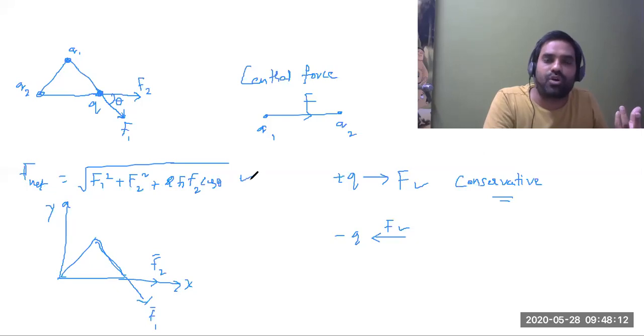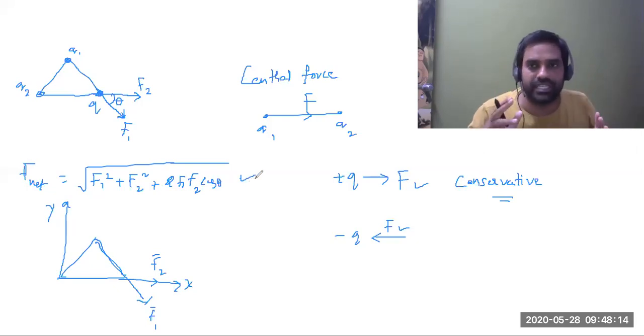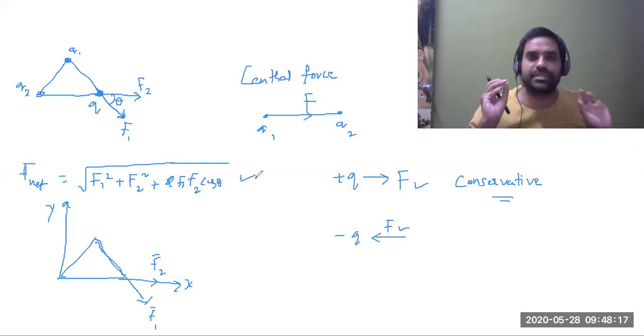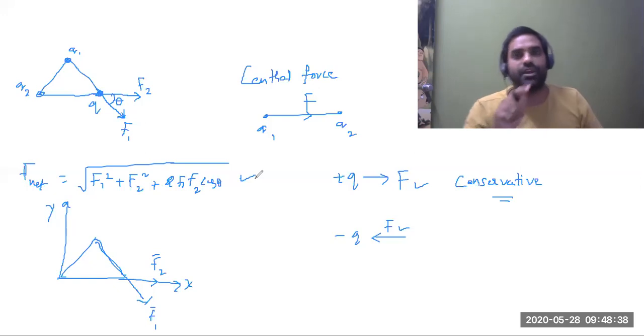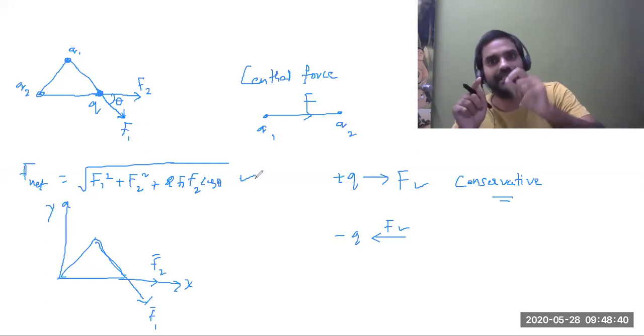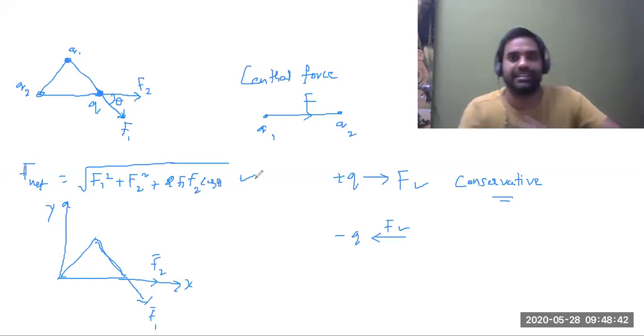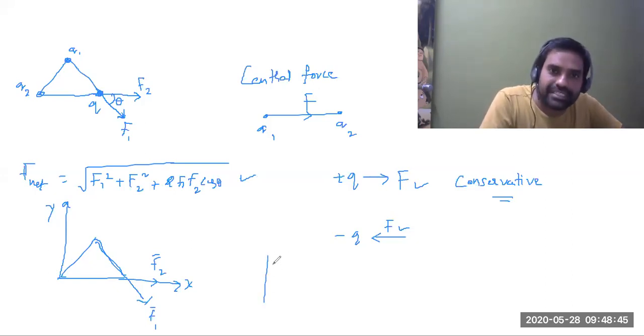What I want to conclude here, students, is that since force is a vector quantity and Coulomb's law has given a simplified formula for point charges, use that formula as it is, but when you come across multiple charges, then use the superposition principle. That is vector addition of all the forces, because at a time only the force between two charges can be analyzed. If three charges are there, you have to take 1 2, next 2 3, then 3 1.